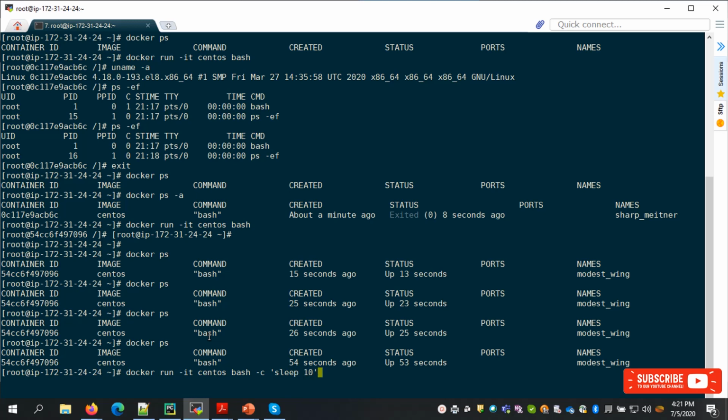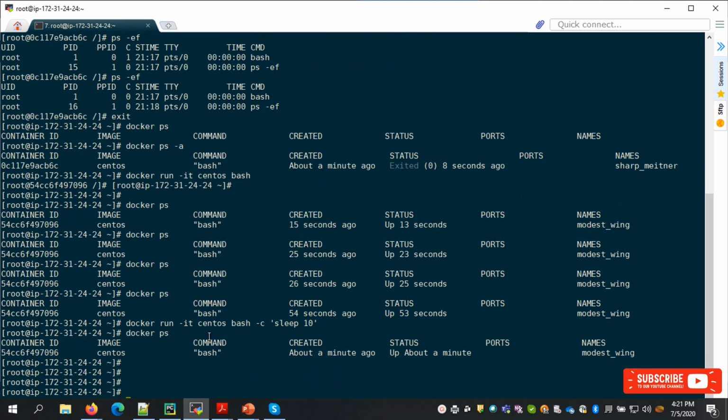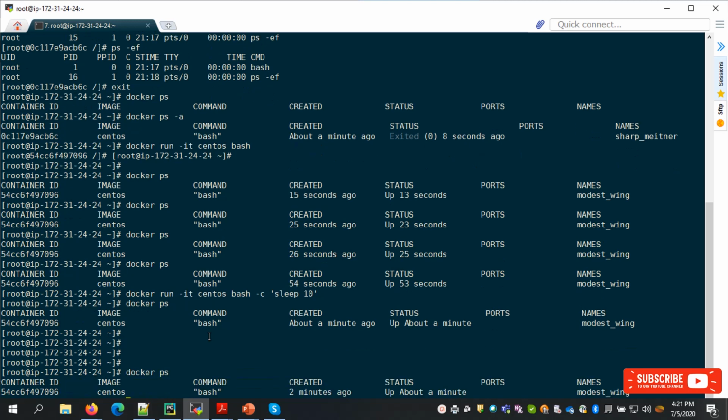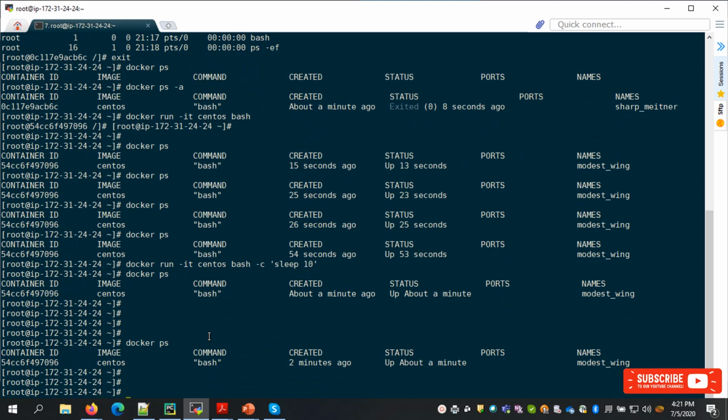So we know that, right? What does it mean? It will just run for 10 seconds. As soon as the 10 seconds is over, it will get terminated, right? Correct. So let me run this. Okay, it's getting executed. Oh, it's taking time. Okay, so now if you do docker ps, oh, it waited for 10 seconds and came out of the loop, right?